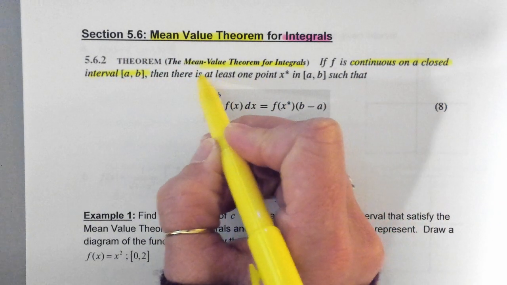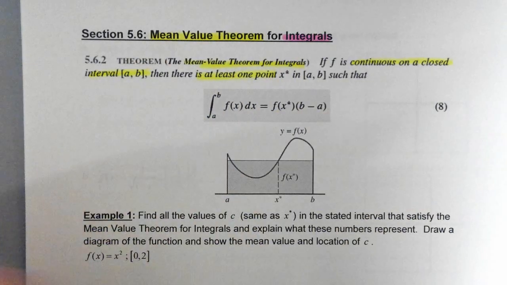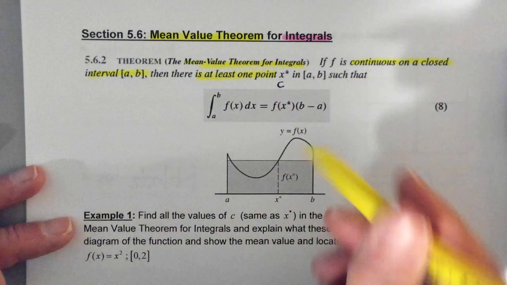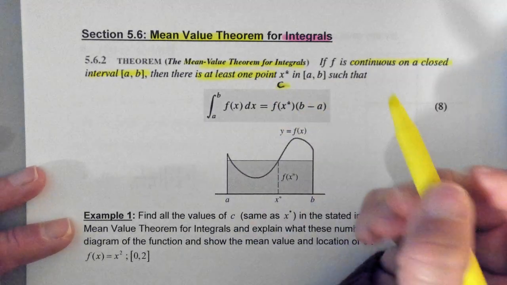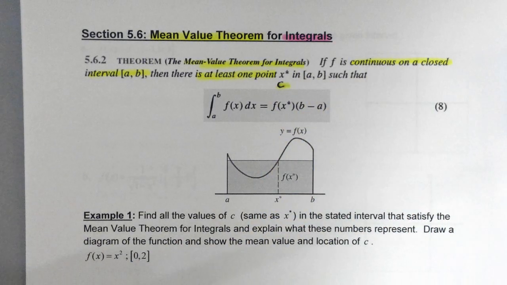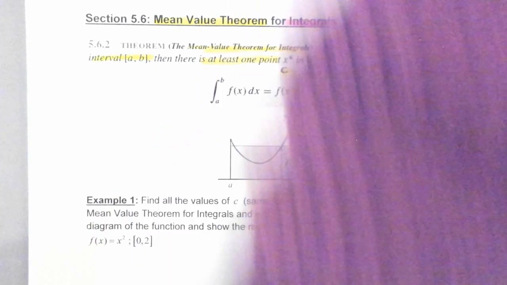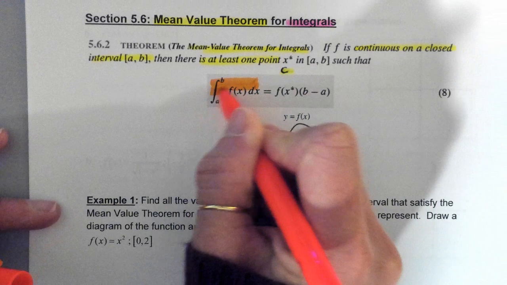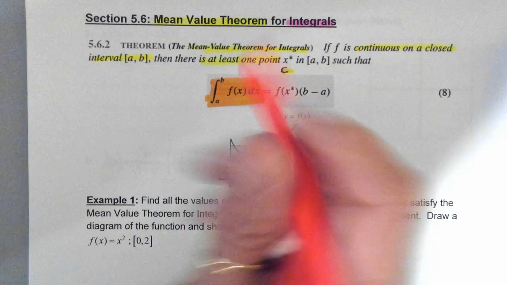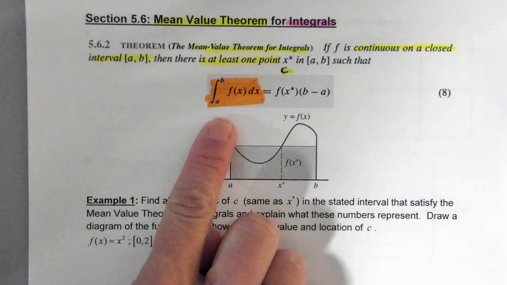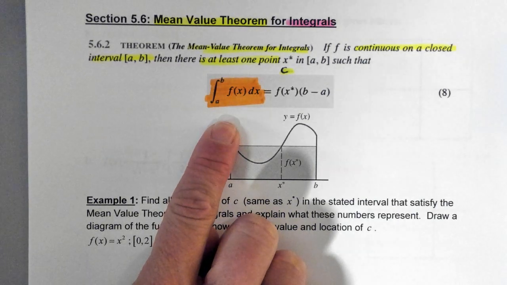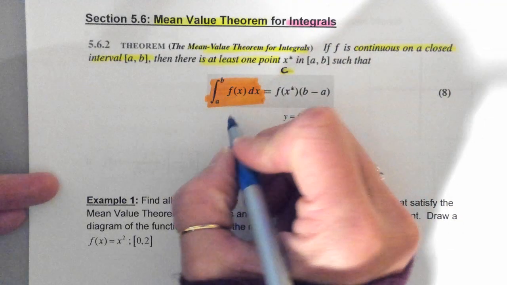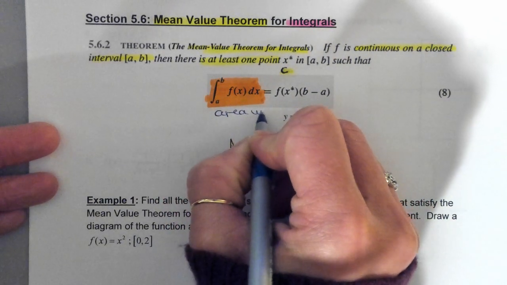Okay, and there will be at least one point, I like to call it c, not x star. It's the same thing. It's just a dummy variable that we're using. Such that the following will hold true. So we have the integral from a to b of f of x dx. So what does this right here represent? The integral, you guys just told me before. In words, the area under the curve. So we're saying that the area under the curve